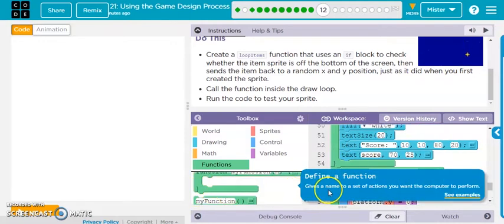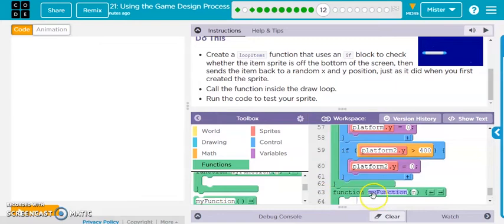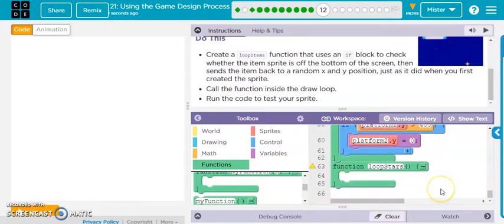So function, we'll call it loop stars. Okay, loop stars. And inside the function, we need that if-then,